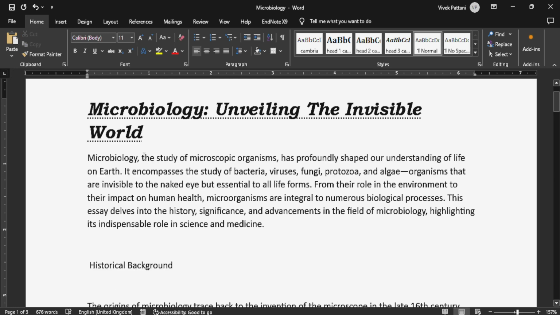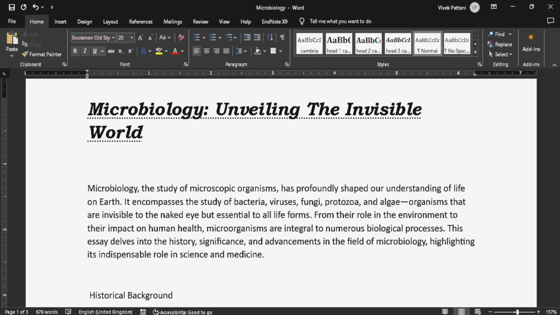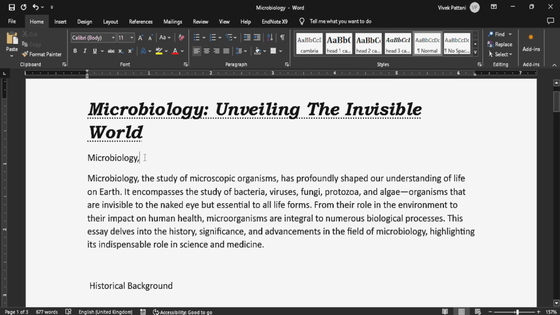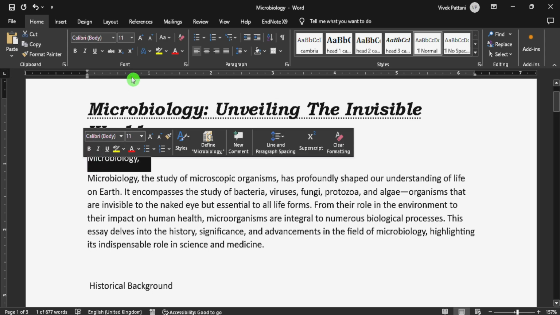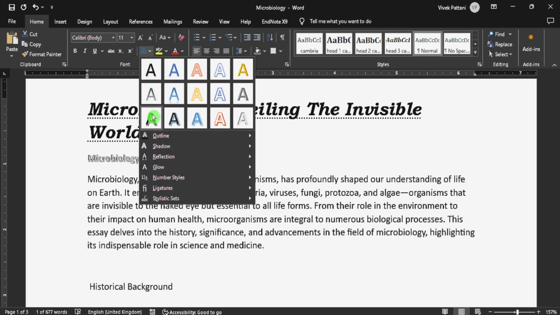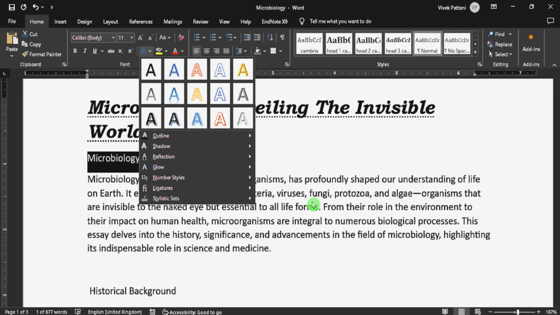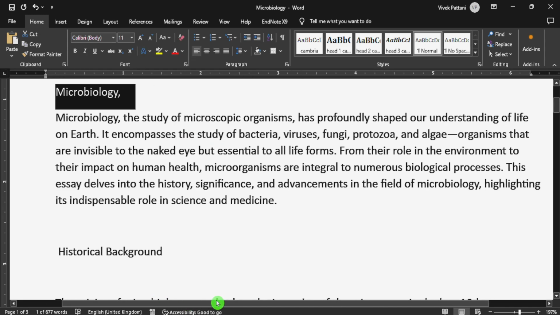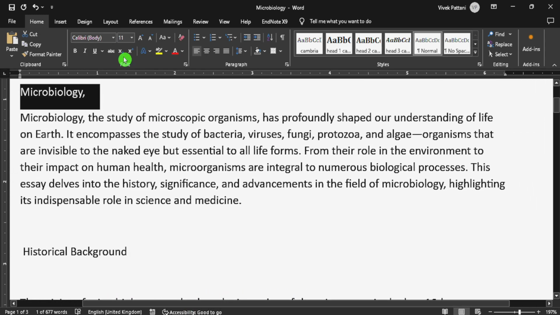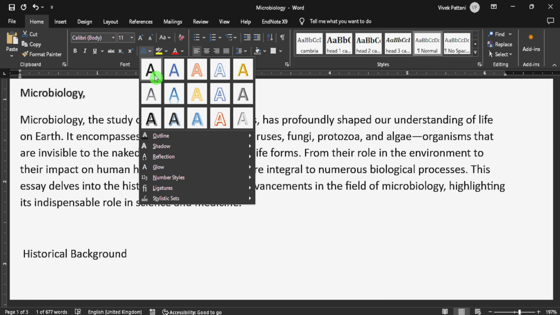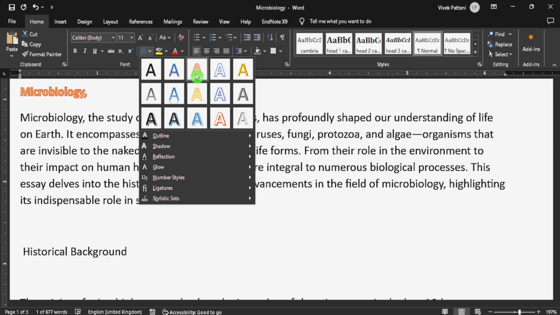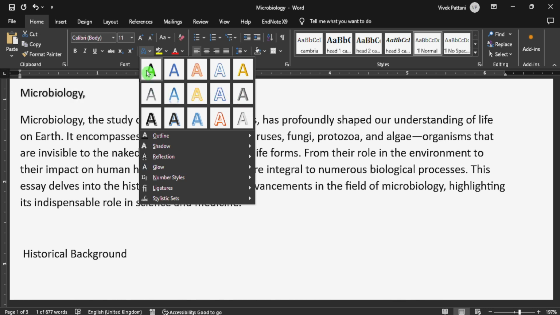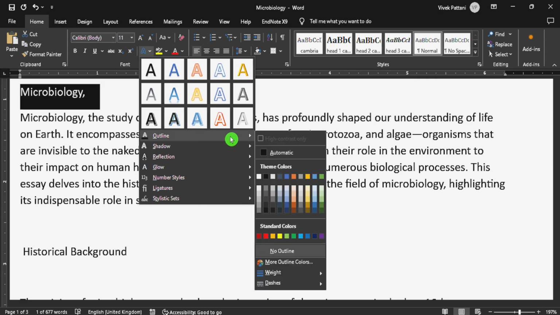Now if you want to use the WordArt option, let's say I'm going to use this word microbiology for the WordArt option. Now let us check which options are available here. In this option you can clearly see different types of fonts which appear on the screen, while I go through these fonts just by using my cursor. Okay, these are the various fonts which are available. You can also